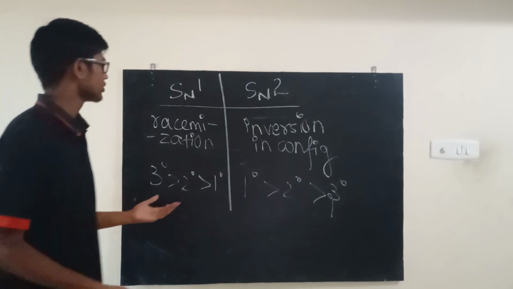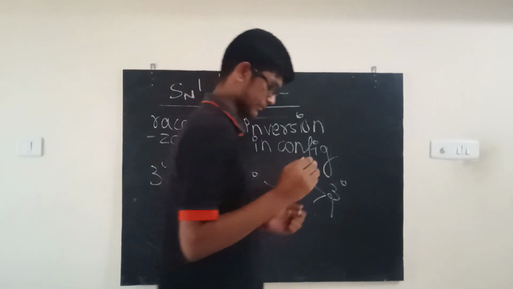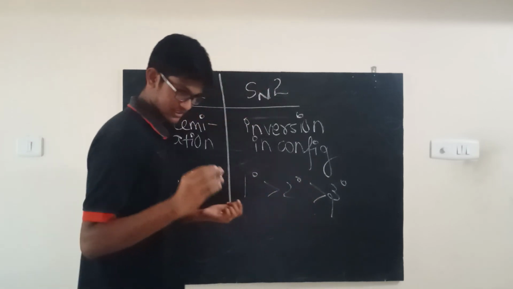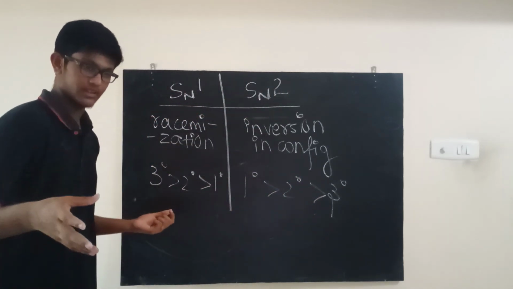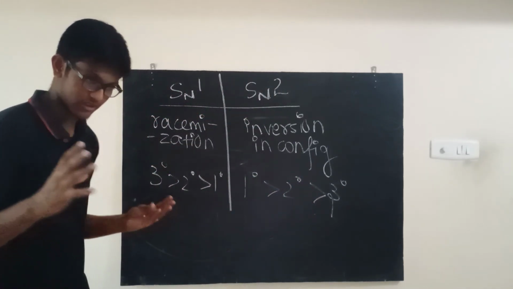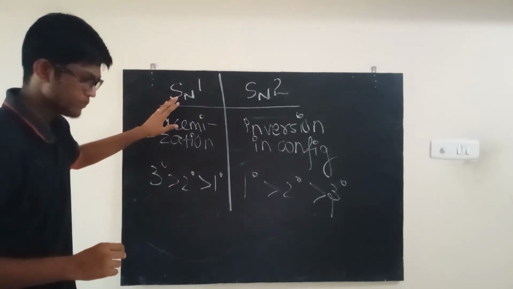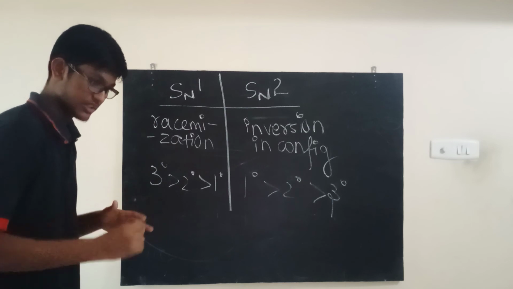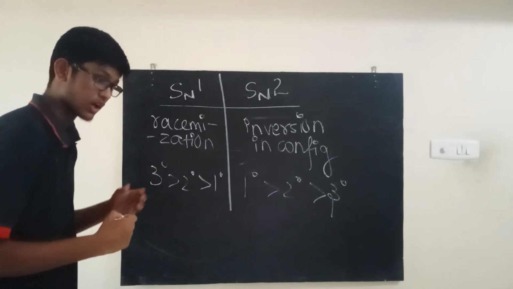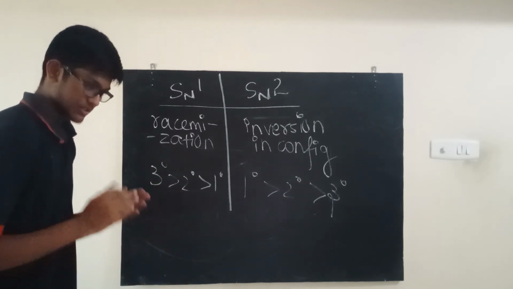That's basically the two important differences between SN1 and SN2. That's basically it, guys. So I hope you understood that whatever I said in the last video is not completely correct, because I just wanted to push across the point that the nucleophile attacks from the opposite side. We went over it very clearly right now as to why we cannot say inversion in stereochemistry, but we can only say inversion in configuration, right? So that's something very important.